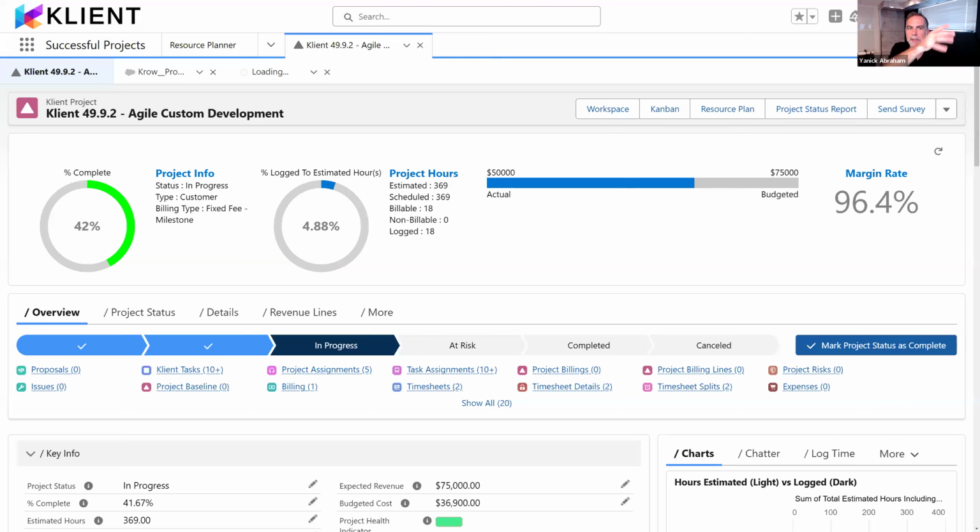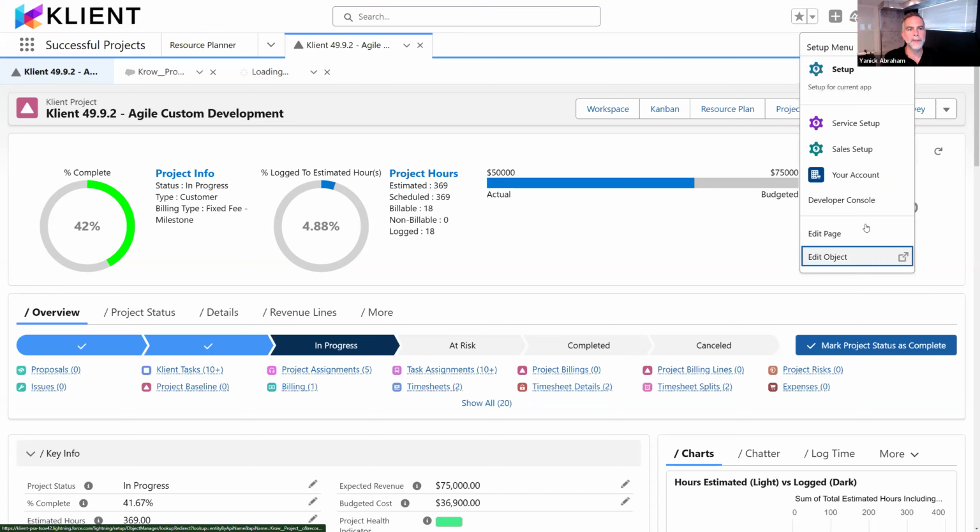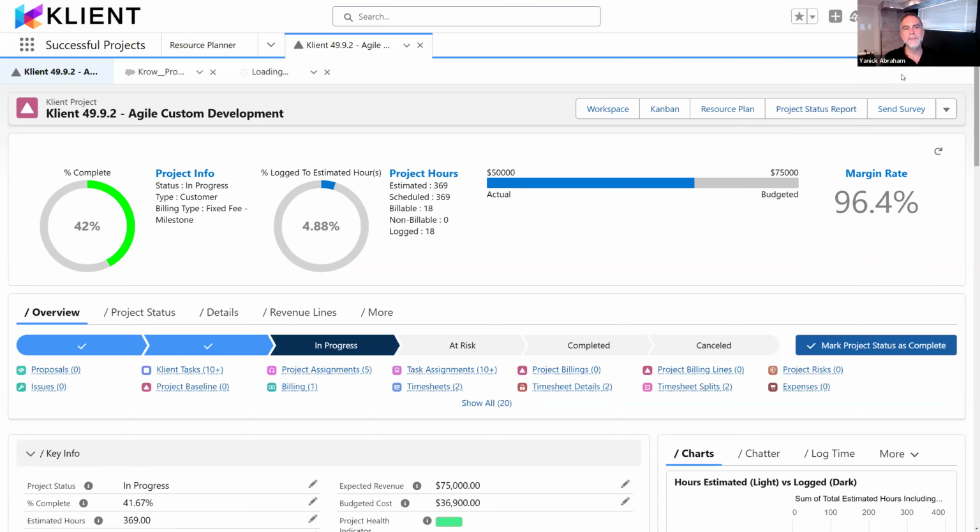So just go ahead and edit your page, or ask your Salesforce admin. By going here, edit page, edit object, you're going to be able to drop that LWC project KPI component. And from here, what I want to show you is the other things we did in terms of the